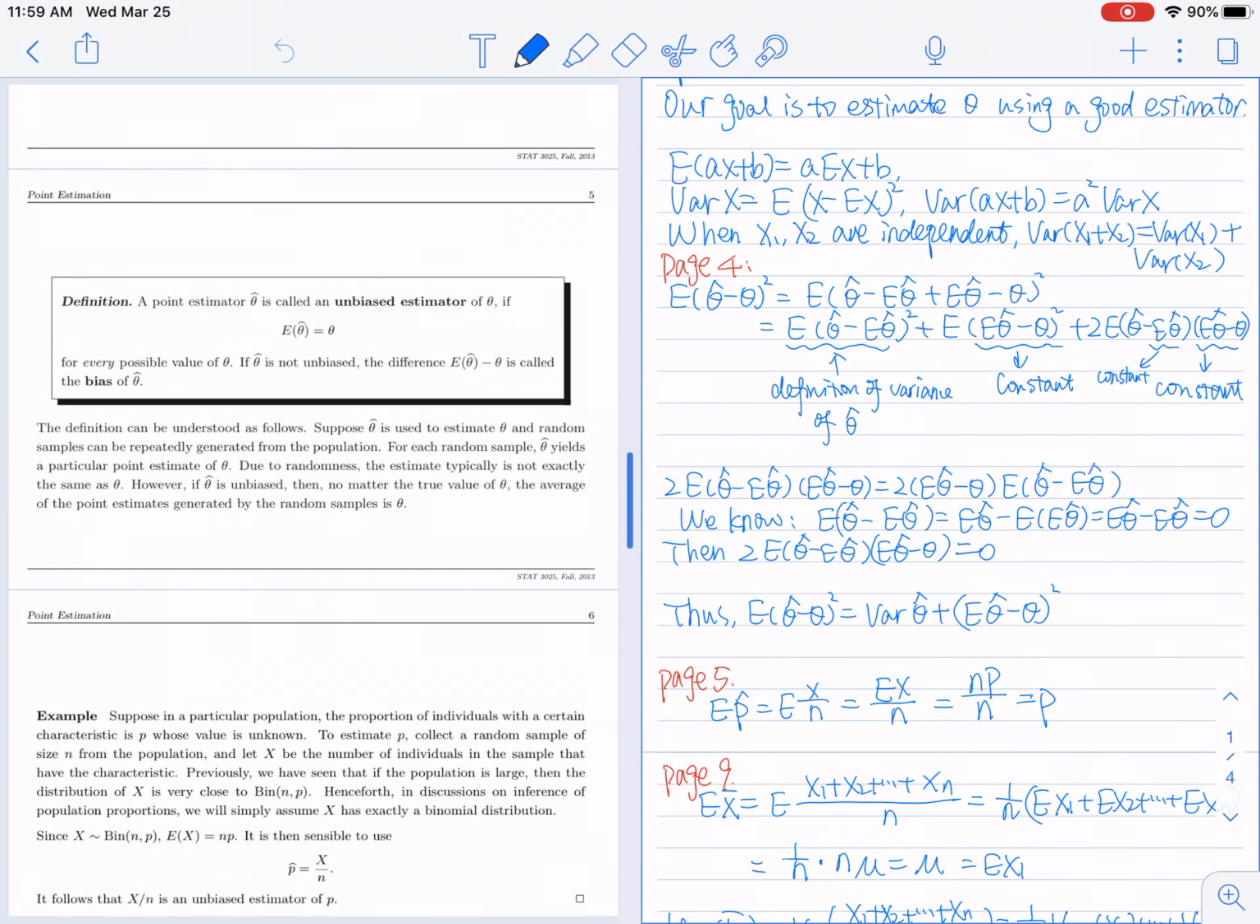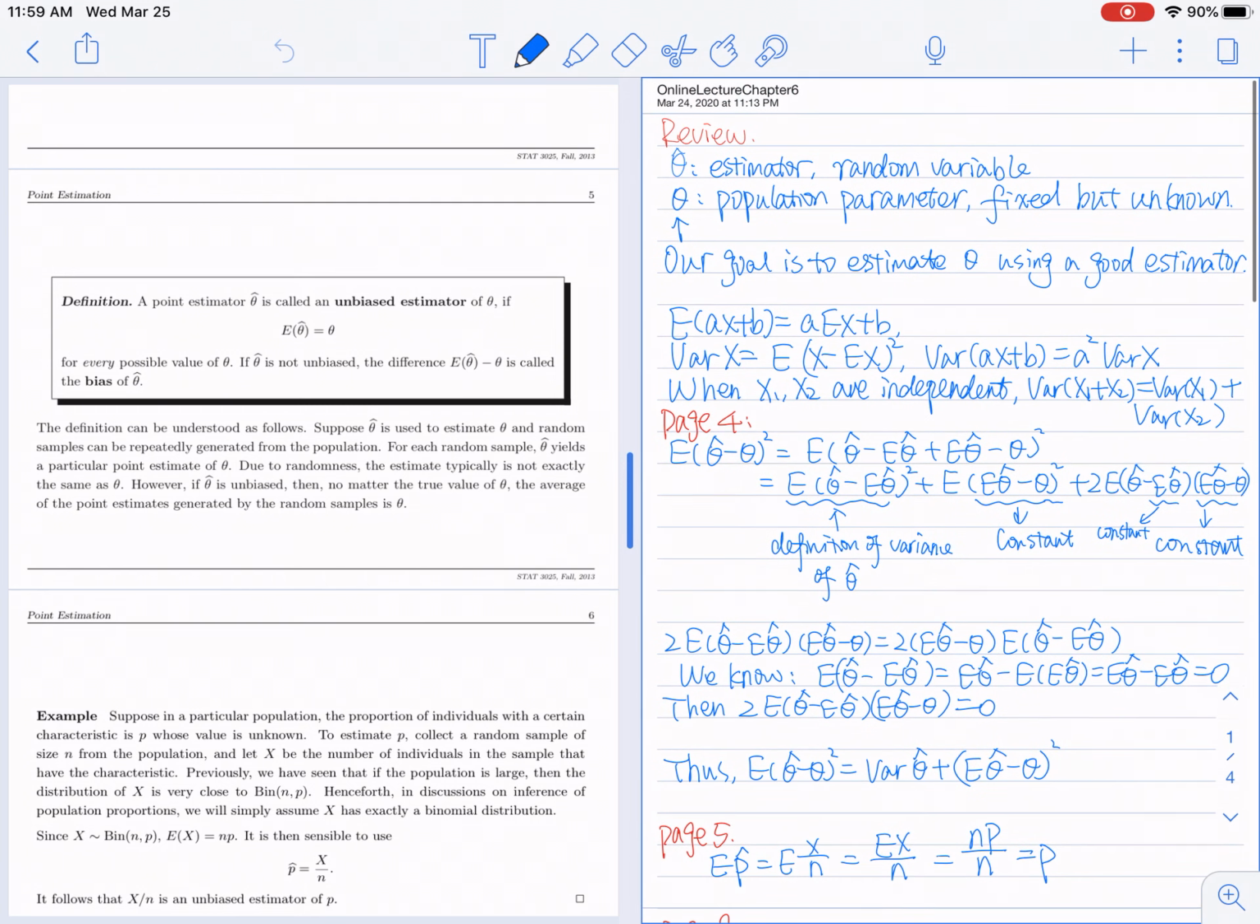And we give a definition called an unbiased estimator of theta. So that is to say, for a point estimator theta hat, if the expected value of theta hat is equal to the parameter theta, then we say that theta hat is an unbiased estimator. And we also review some basic